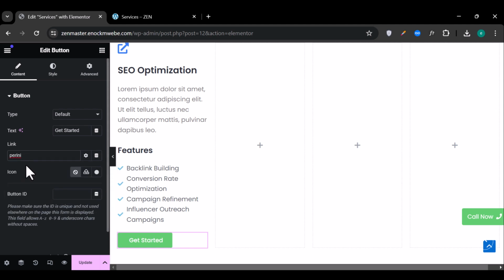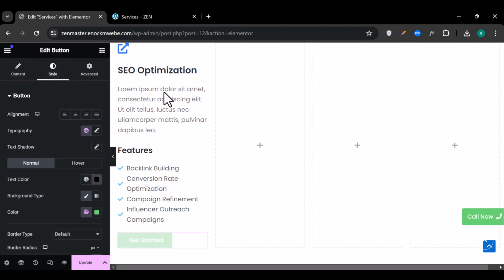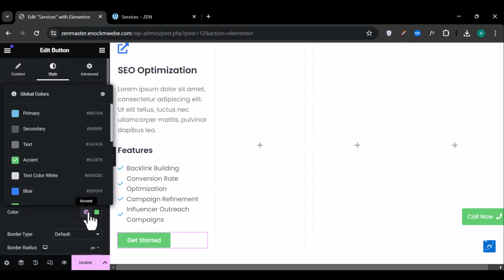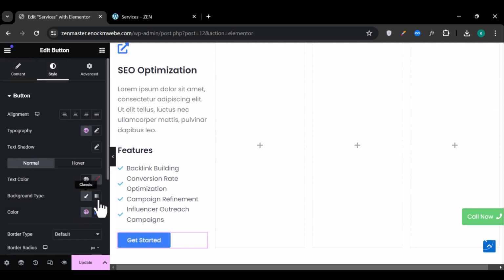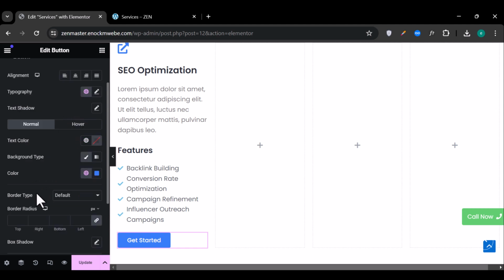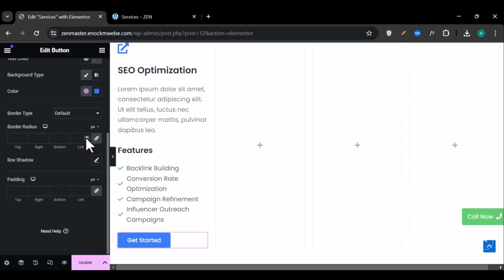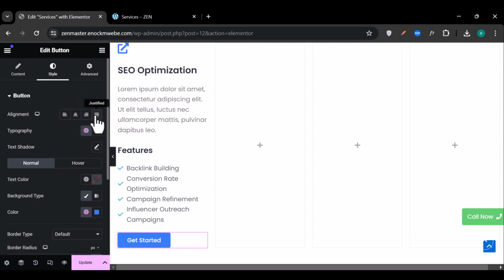Pricing. All right. So now we can go under style and come to color, make it blue. Okay. And you can actually make the border radius a little bit rounded, not so much, but then make it